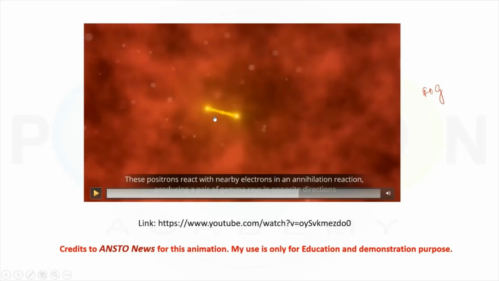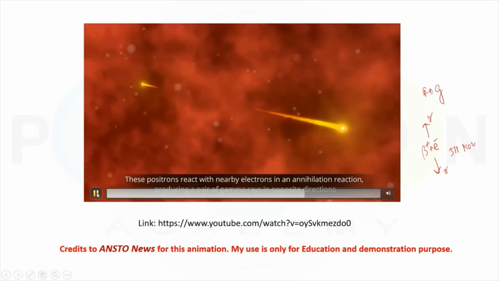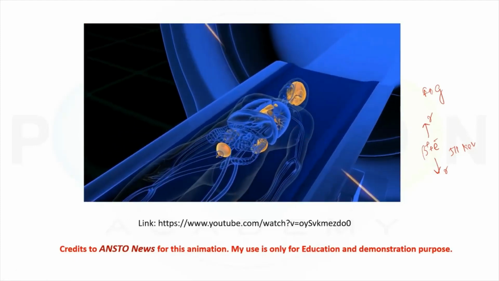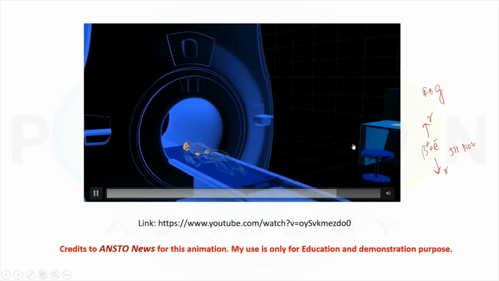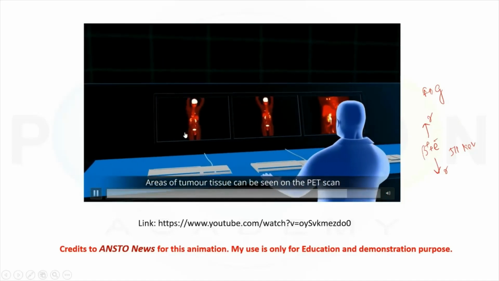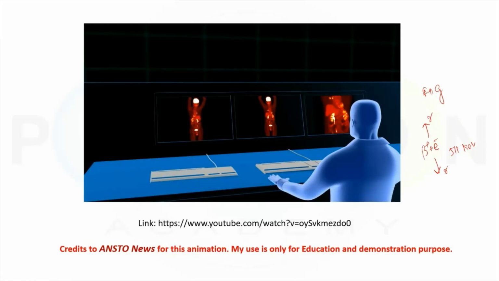So at this position, this positron and the electron have annihilated, combined, resulting in the production of two high energy gamma ray photons having energy equal to 511 kilo electron volt. So these are the two high energy gamma ray photons emitted by this positron annihilation process. And these gamma ray photons are detected by the position sensitive PET cameras and are used for reconstruction of the medical image, and that's the medical image over here, and that tells us more about how this radiopharmaceutical has distributed inside the patient's body.